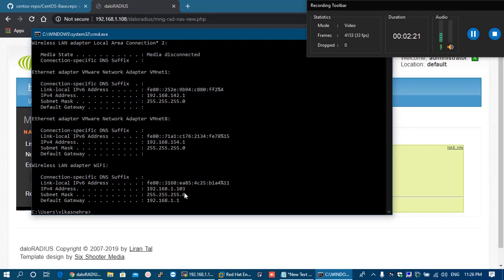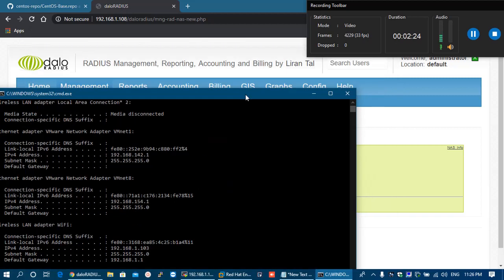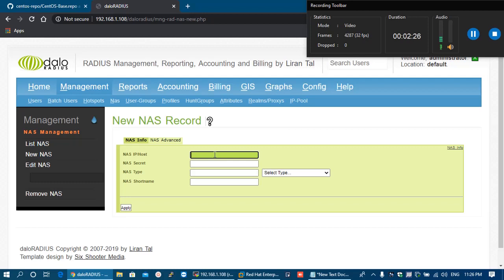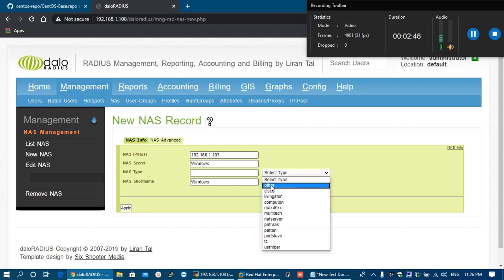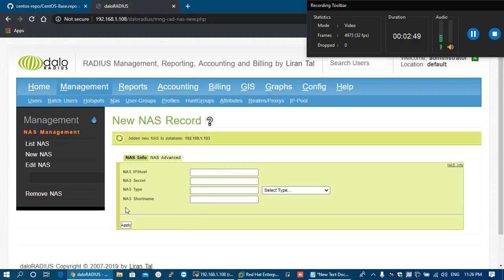The IP address of my host machine is 103 at the last, so I will mention here 192.168.1.103. I can mention here Windows, and here I can specify the type as others and click on apply. So we have added the NAS to the database here.